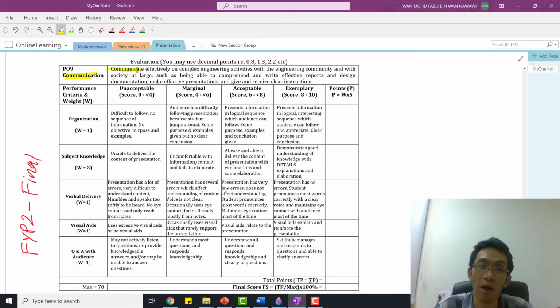This is an example of an FYP2 final presentation rubric. In the final presentation, you need to mold everything so that most of the mark will come from your subject knowledge. As I mentioned before, subject knowledge means your explanation, your elaboration from beginning until the end, depending on what presentation mode you are going to give, whether it's proposal, progress or final. You can pause this video and look at the corresponding rubric. As I mentioned before, you have already been given this rubric, whether you see it or not, whether you open it or not.